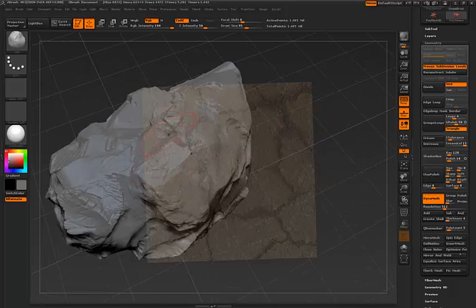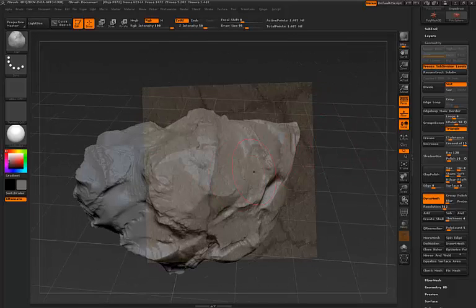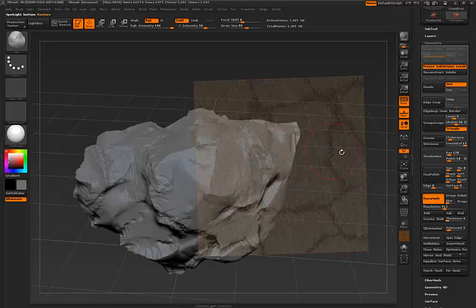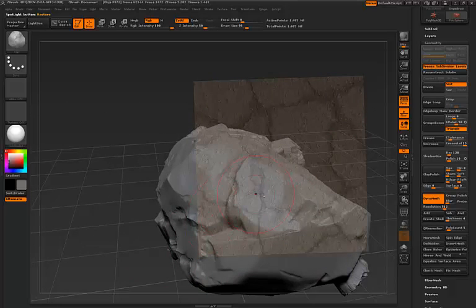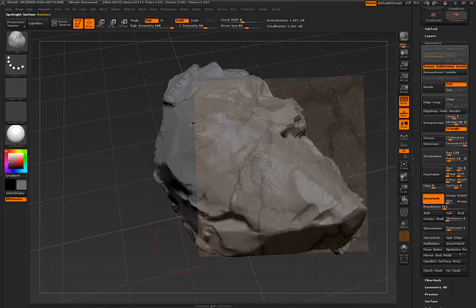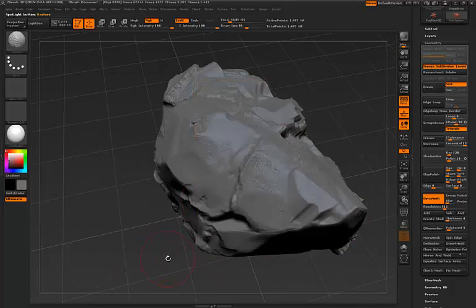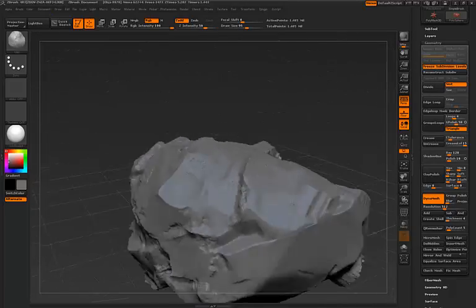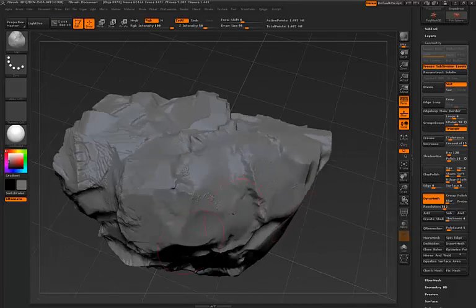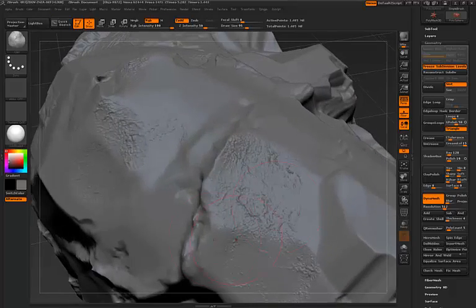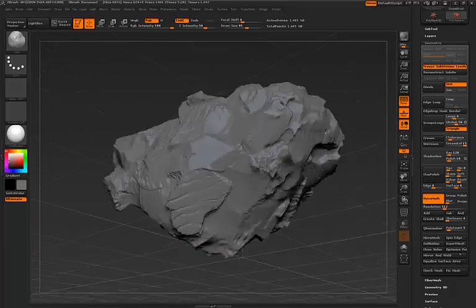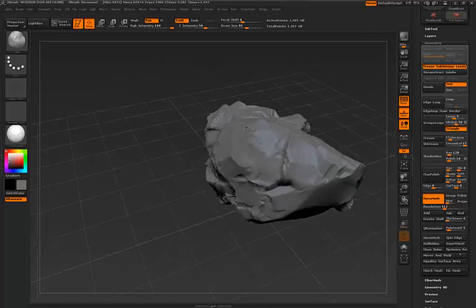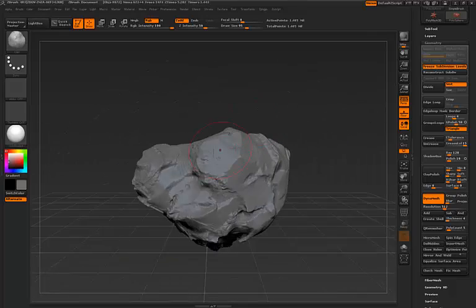But yeah, you get where I'm going with this, and this tutorial has been longer than I wanted it to be, but yeah, like I say, import the texture and sculpt the texture on the rock, and it'll look sexy, not like this. This is ugly, but it's just